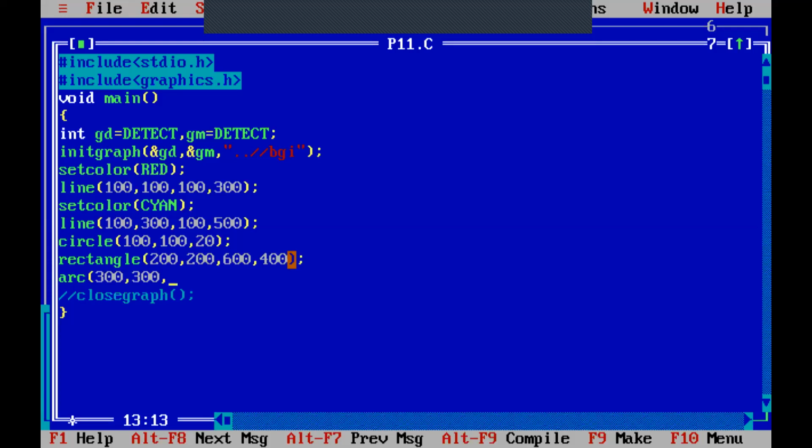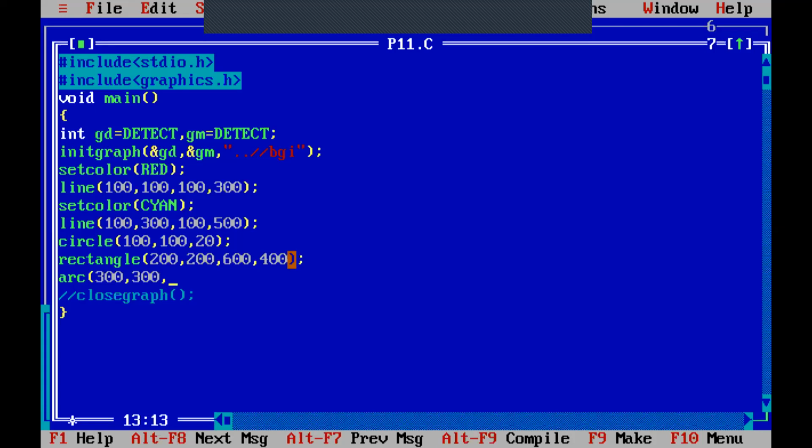Starting angle, ending angle means, we all know that our x-axis is considered as 0 degree, and the first quadrant y-axis, which is vertically upwards, is considered as 90 degree. Then the x-axis towards the negative side is considered as 180, a horizontal line, and the y-axis which is coming down is considered as 270, and the complete rotation around the origin gives you a total 360 degree rotation.